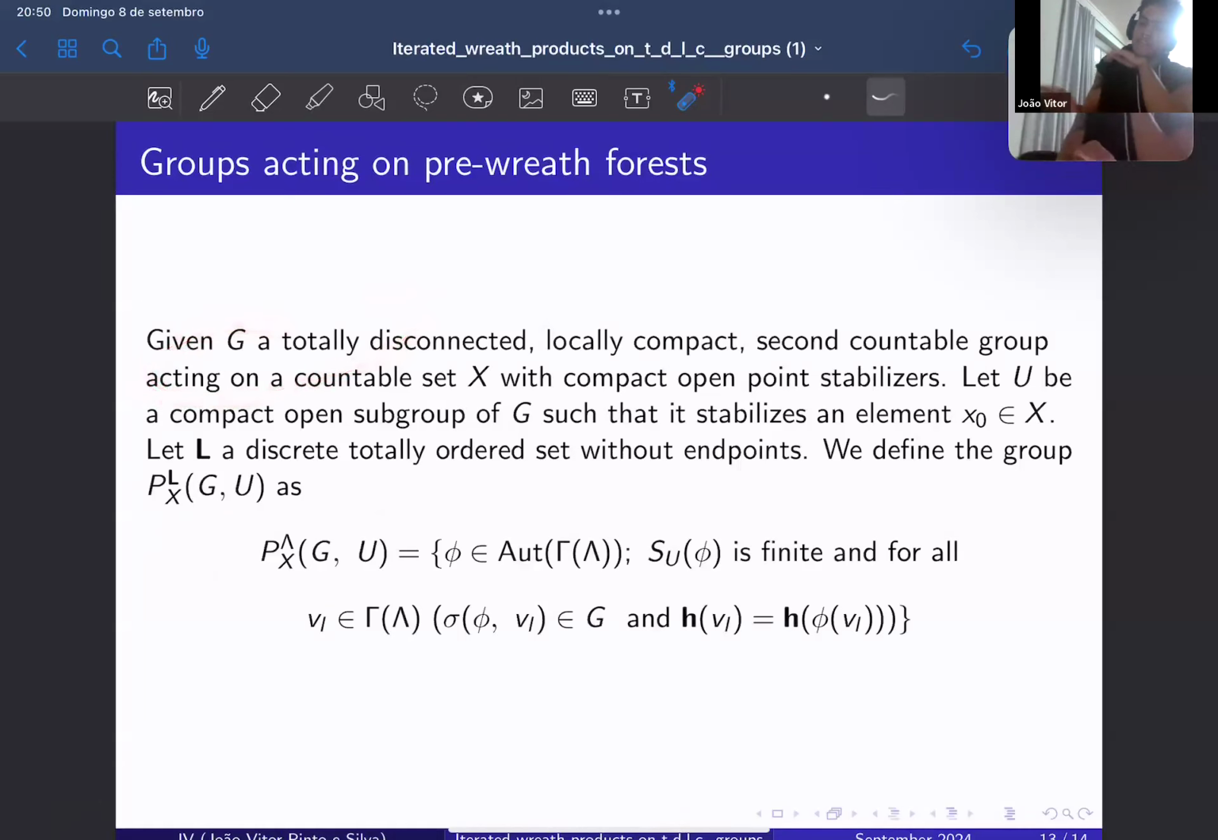So if we have G a t.d.l.c. group acting on a set X with compact open point stabilizers. So if you want to just think about discrete groups, you can just think about a countable discrete group acting on a countable set. For the case of t.d.l.c., let's say that you have a compact open subgroup of G that stabilizes an element X0 in X. I will talk about this later. And let L be a discrete totally ordered set without endpoints. We can define this group, the group that I want, which will be in the end just an iterated wreath product,